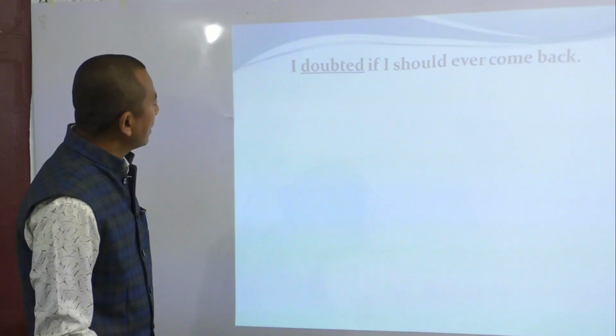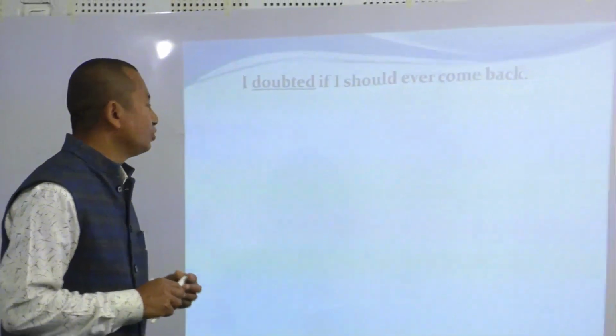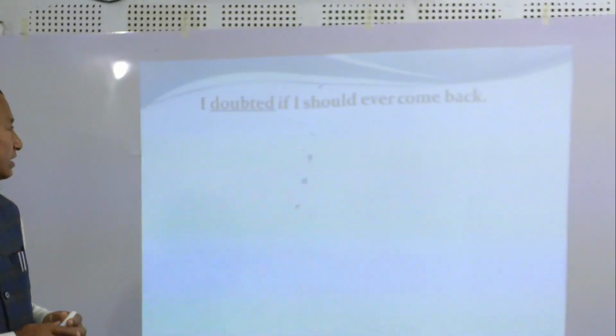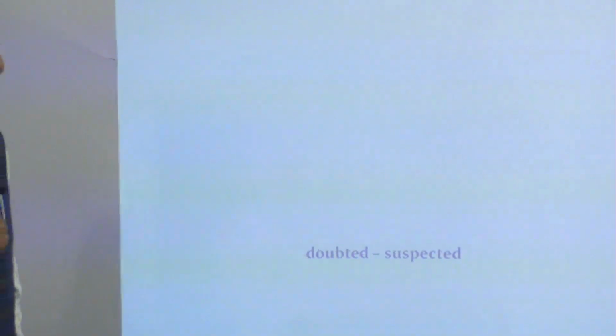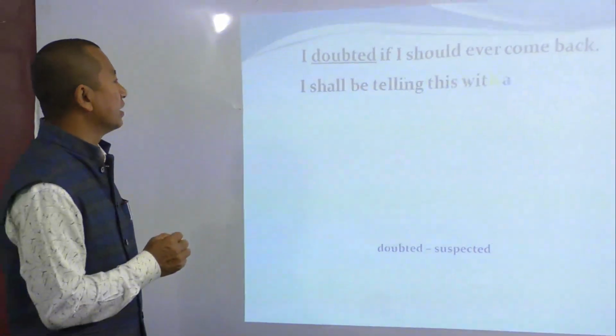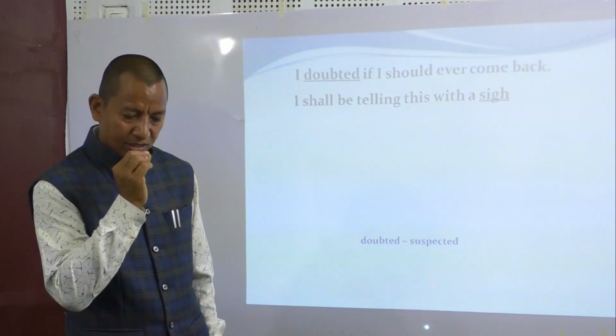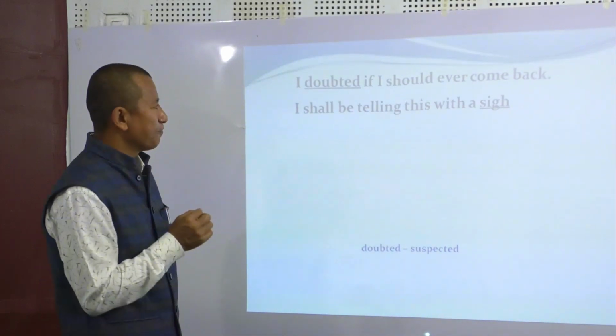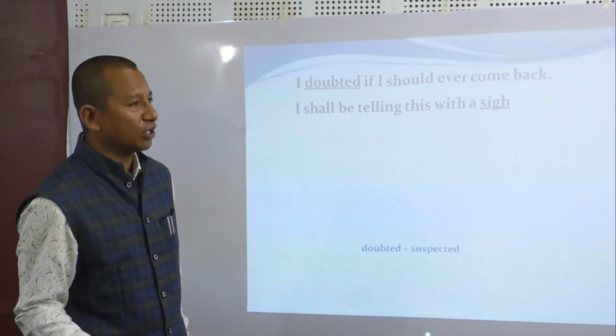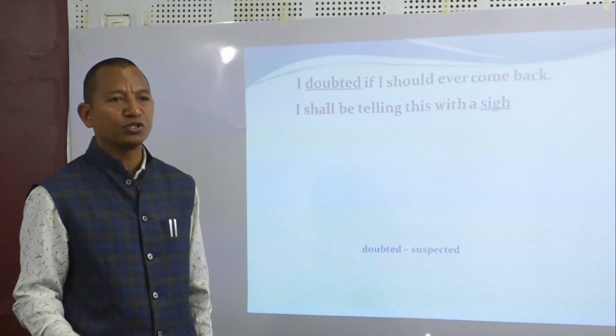I doubted if I should ever come back. So here, doubted means suspected. He was not sure whether he could easily come back. So I doubted if I should come back. So here, dear students, in the Nepali version, how can you understand this? कवि यस्तो दोधारमा छन् कि उनी यो बाटो त्यो दोस्रो बाटो म गए भने सजिलै फर्किन सक्छु कि सक्दिन होला